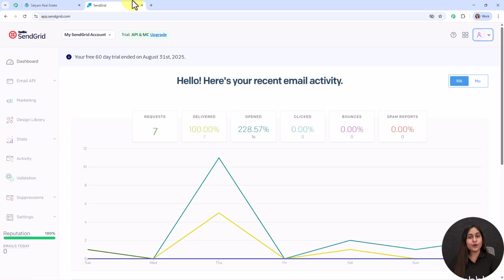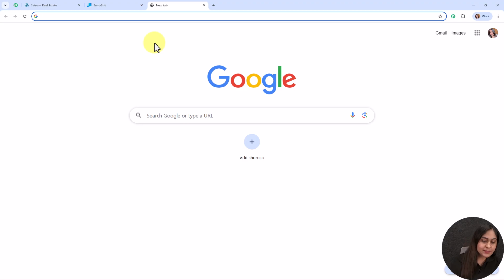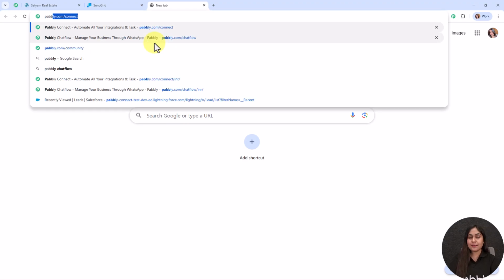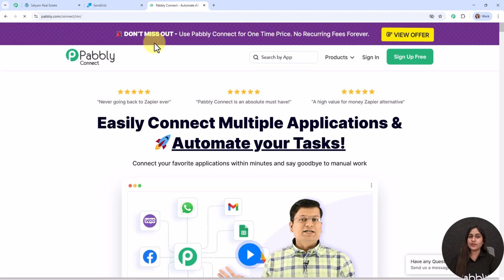So now here to automate the entire process, I need to connect my Elementor form with my SendGrid account using an automation software named Pabbly Connect. So to access Pabbly Connect, you need to search for pabbly.com/connect in your browser, and it will take you to the homepage of Pabbly Connect. So this is the homepage of Pabbly Connect, but here before moving forward, let me tell you all about the